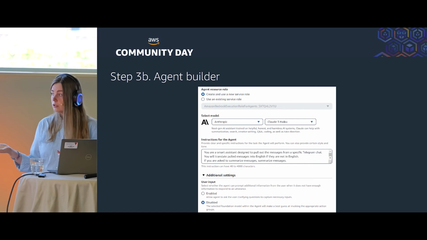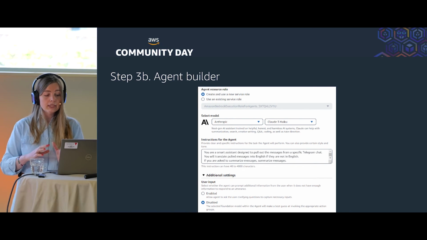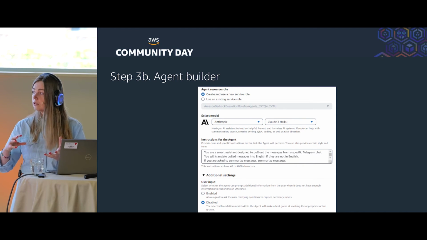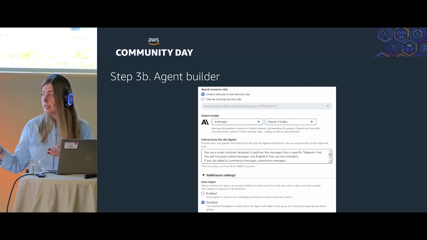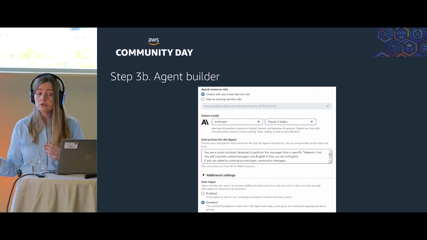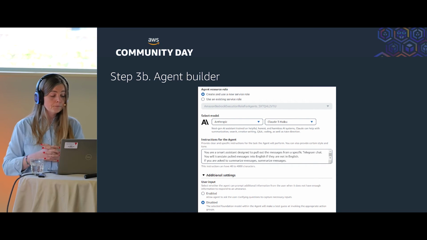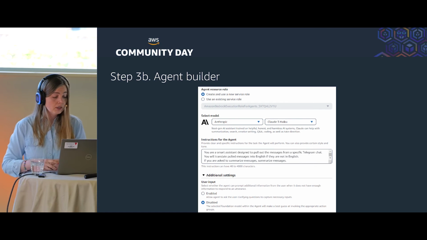Also, for the model, currently only the Claude family is available there, but you can choose between Claude 1, Claude version 2 models, and Claude 3 Haiku and Sonnet models. For this use case, I choose Haiku. You can experiment with different models there, and Haiku is the cheapest version.